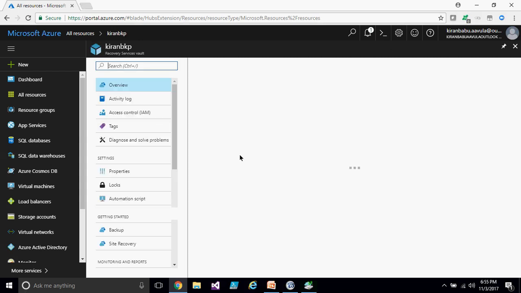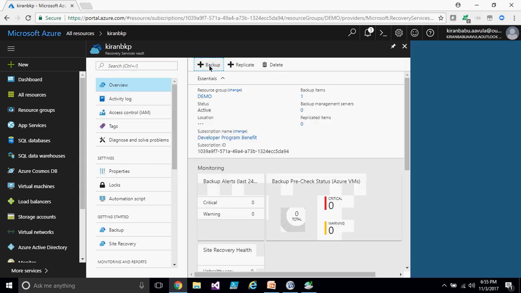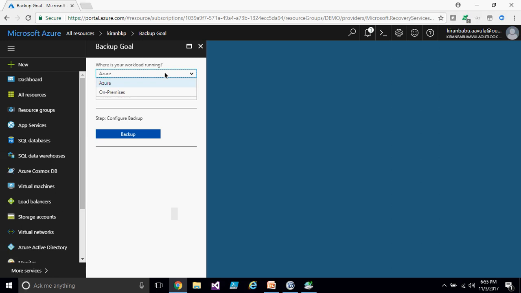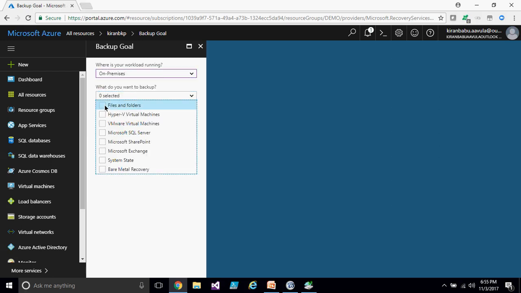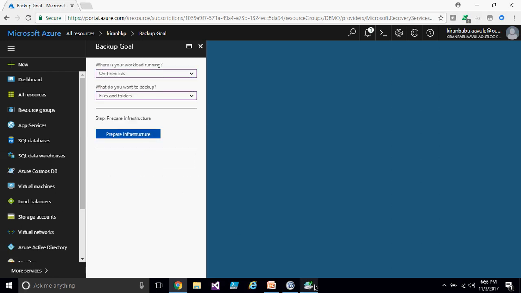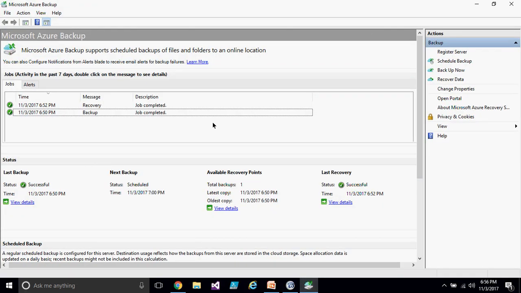So that is one aspect of it. So when you are doing the backup, if you are selecting only files and folders, this simple agent tool will do the task for you, right? And if you have multiple computers for triggering the backups, you need to install this tool on multiple computers. But for instance, if you have hundreds of computers from where you want to take the backups, this is not a scalable solution. That means you cannot afford to have a backup agent on all 100 machines